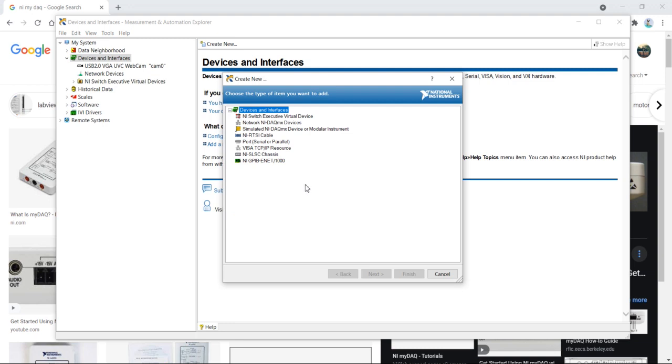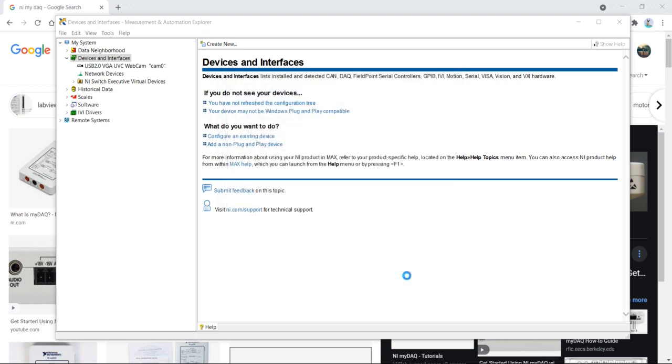Click on Create New and you will get this Create New dialog box. In this dialog box, you need a simulated NI DAQ. Click on simulated NI-DAQmx devices and modular instruments. Select this one. Now finish.